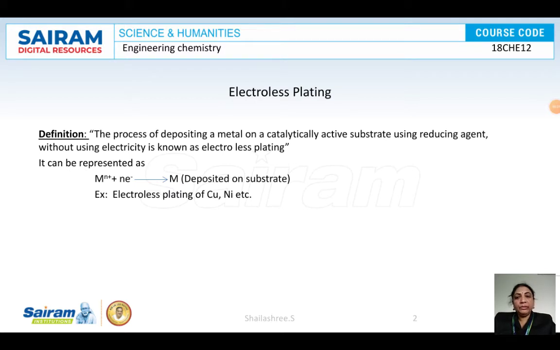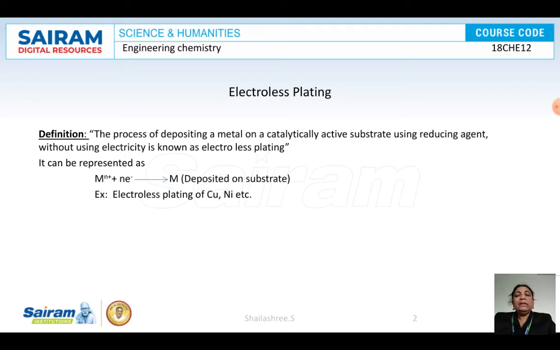Electroplating is a process of coating a layer of any suitable metal or a superior metal on the base metal by using direct current. Correct, no? So what is electroless plating then? Electroless, the name itself says, there is no need to use electricity. Then what else can we use? What is the source of energy here? What is the source of electrons here? Let us see in this session.